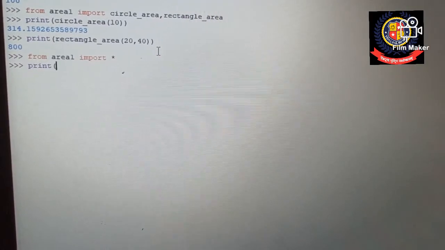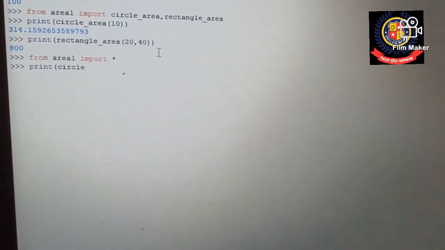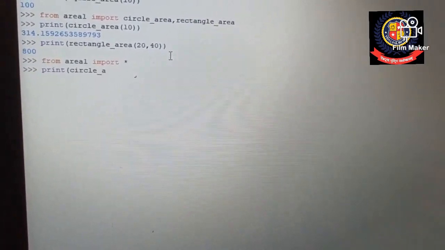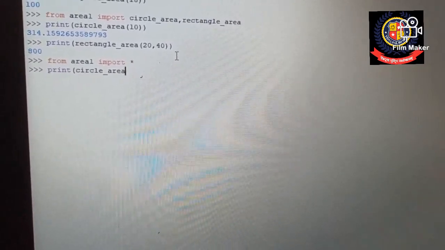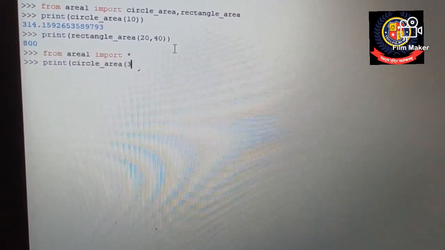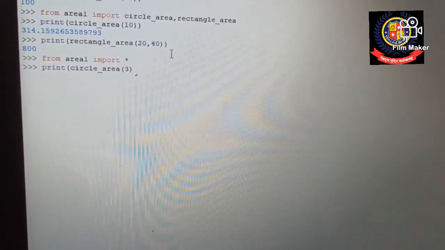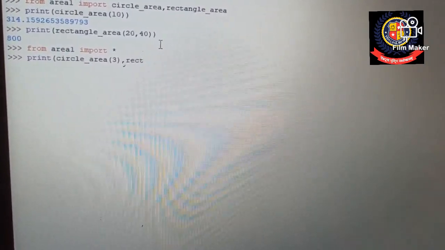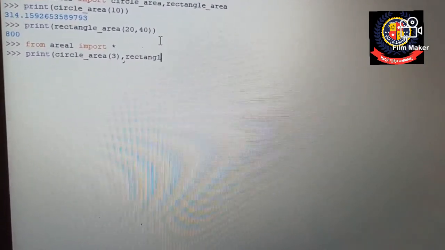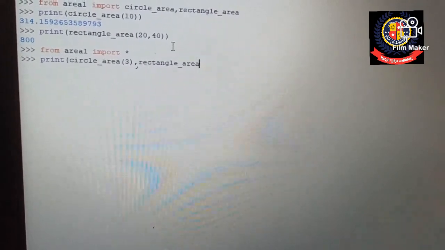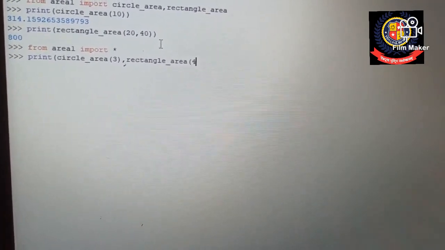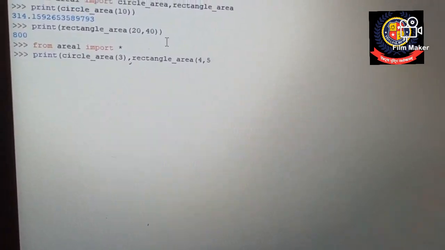You can see here circle underscore area, then the value you have to pass, like 3 I have passed, then comma, then rectangle underscore area, then again the values you have to pass, that is 4 comma 5.